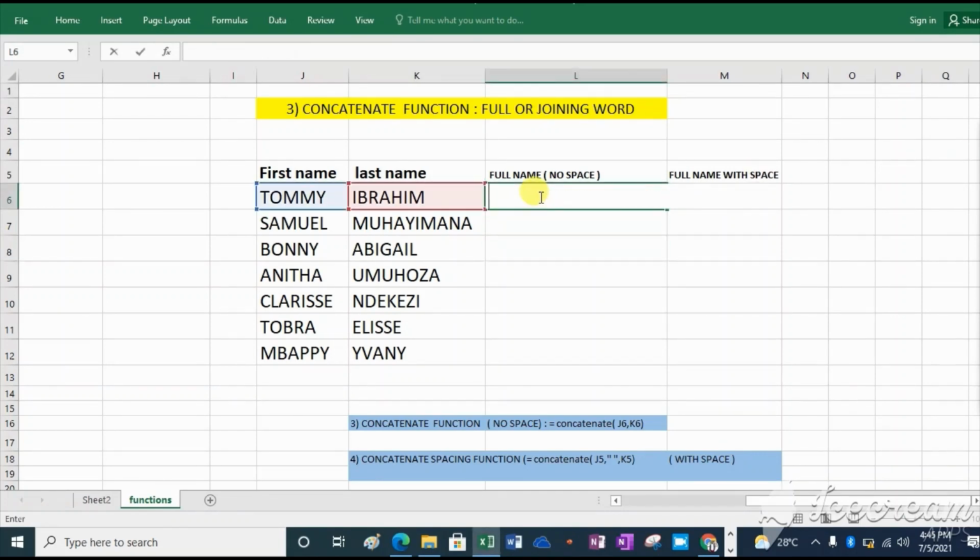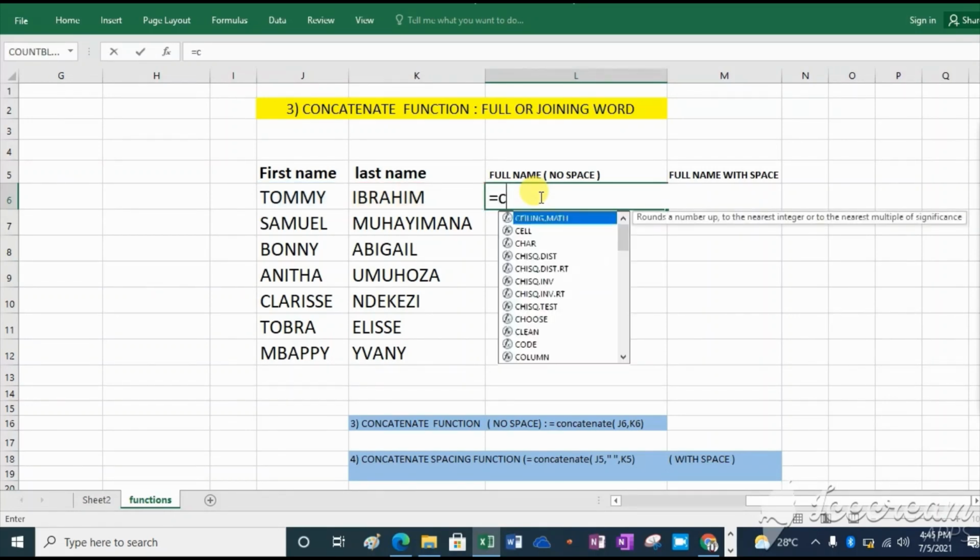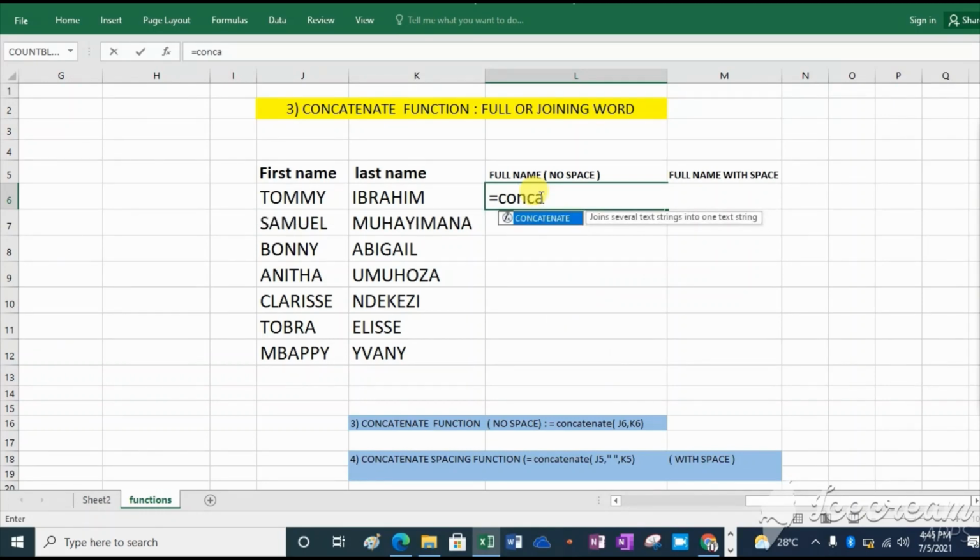The concatenate function needs an equal sign, then write concatenate, then open bracket, then select this one, comma, then select the other, then close the bracket, then click enter. You will see that the two names in two different columns become one name, but